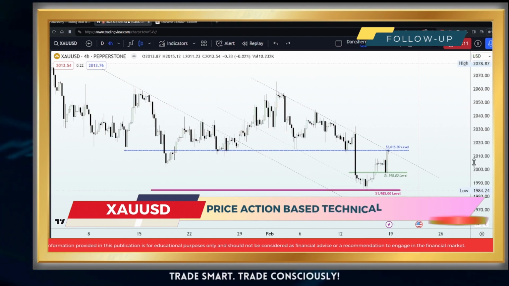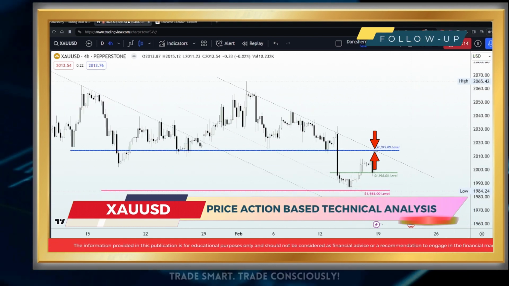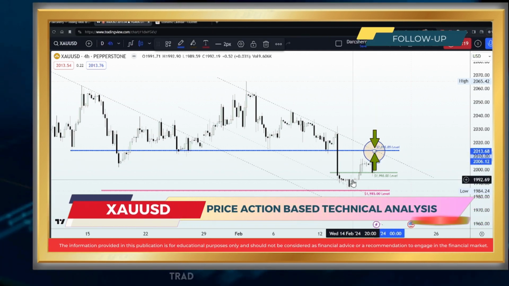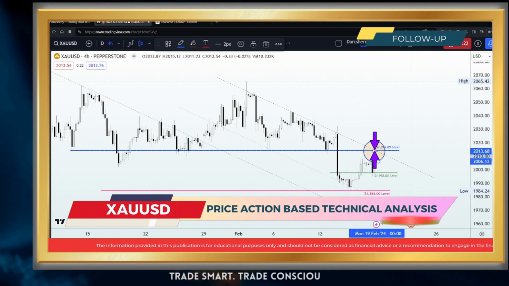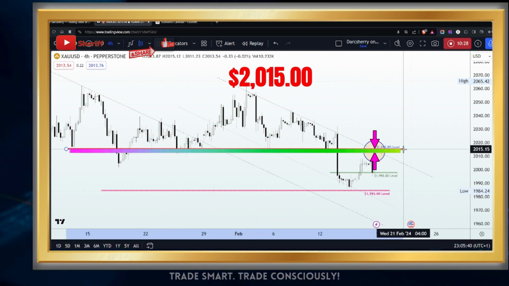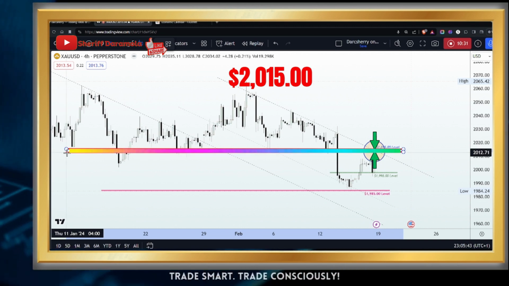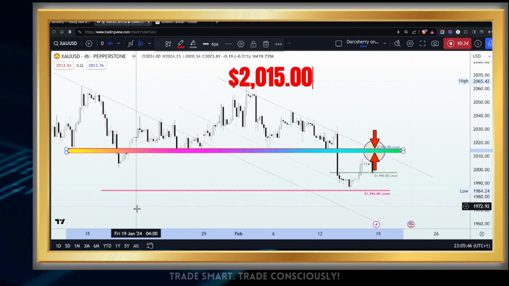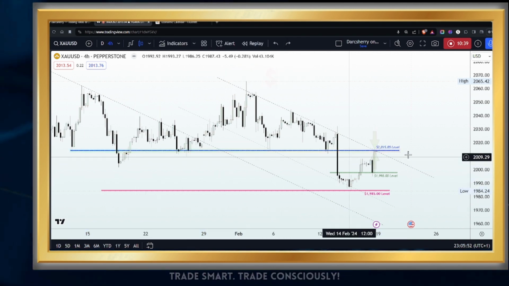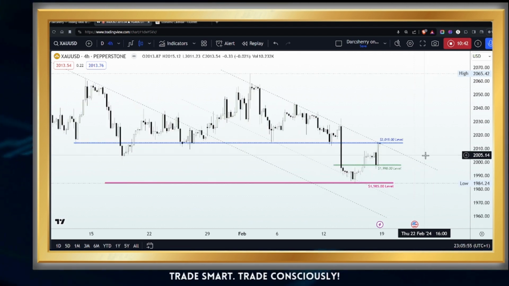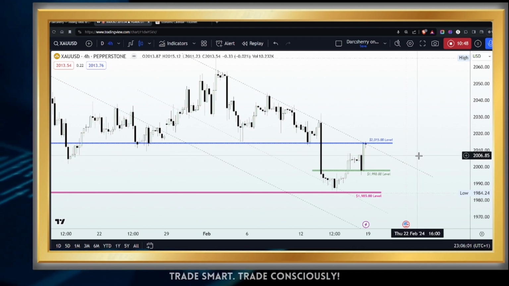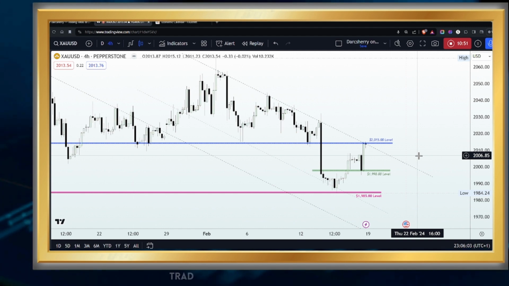Now, in addition to the structure, you will see that during the end of last week's trading session, we saw how price action closed exactly at the resistance line of that descending channel, which interestingly shares a confluence with a psychological level, that is the $2,015 area, which of course had played a major role in determining the direction of price action since the beginning of this year. Now, you would agree with me that we are at a crucial juncture in this market right now, where depending on how price reacts to the $2,015 area will determine if we are going to be buying or selling